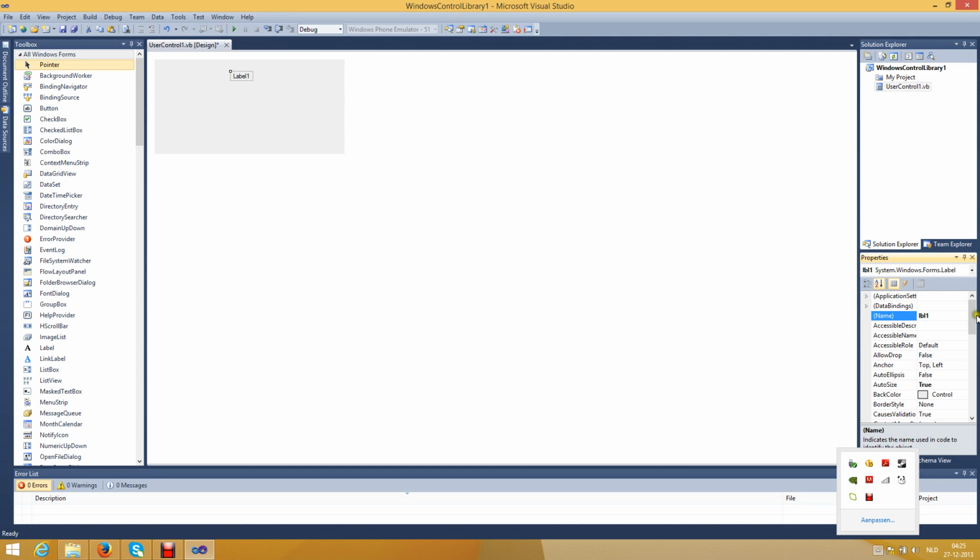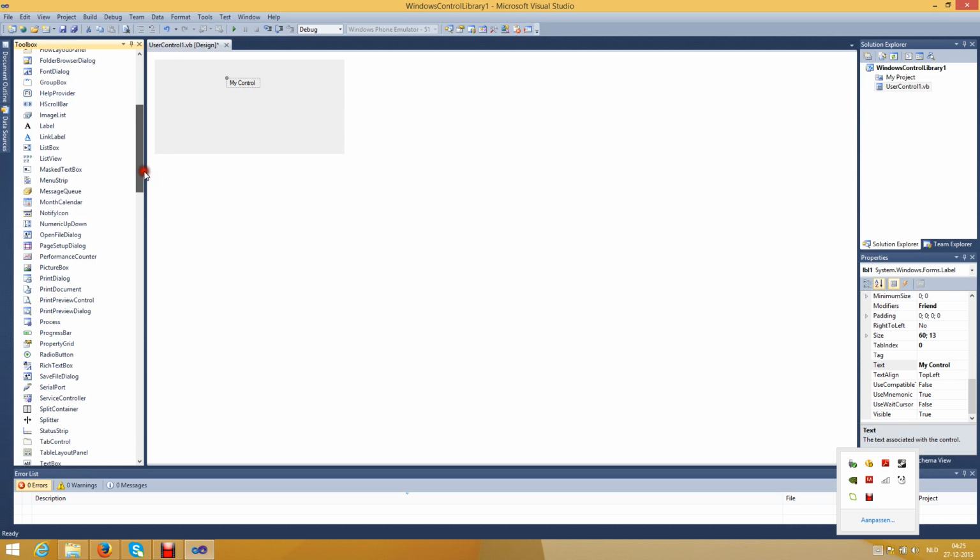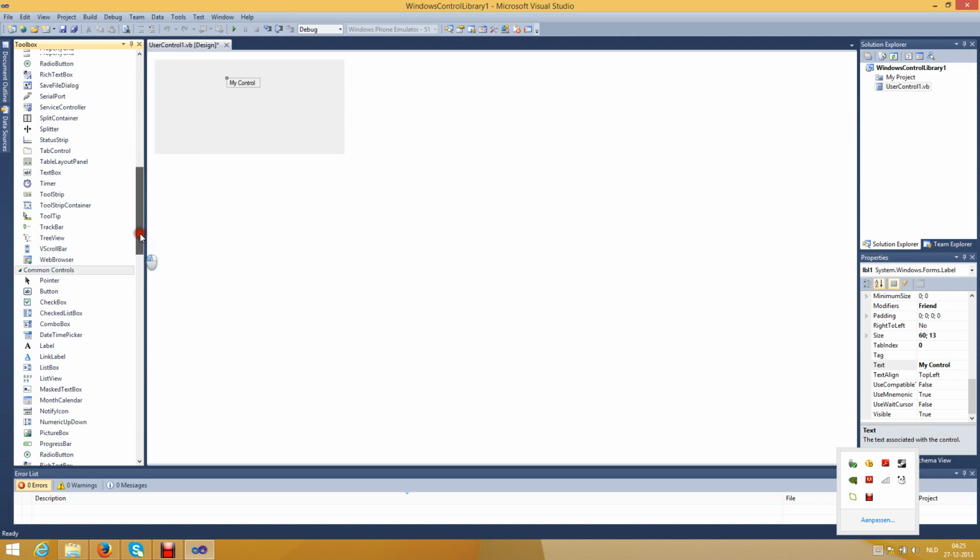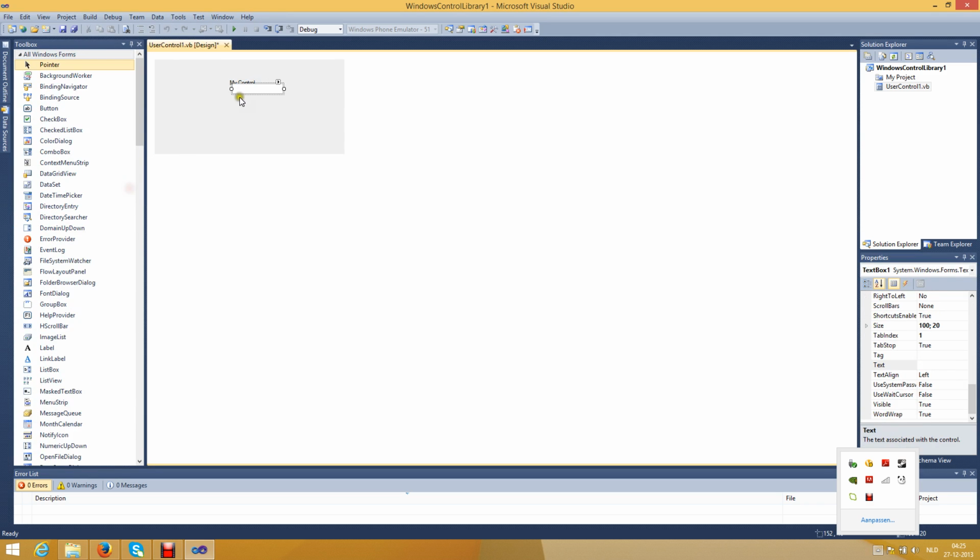So here, a label, which is going to be my control, one, and I'm going to name this my control. As you can see, I did this in the property window and I modified the property text. So my control, and then I'm going to implement a text box. I'm going to call it text input,